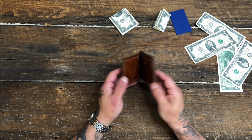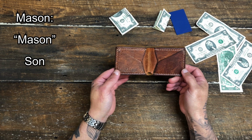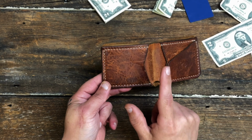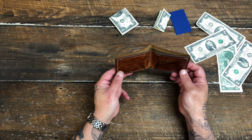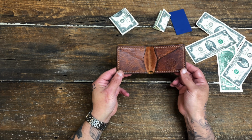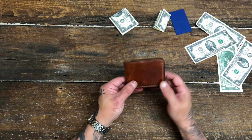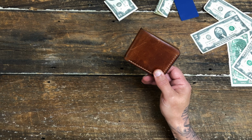The Mason wallet. This is named after my son. This was the very, very first one. The second one, I have an ID window here that went to Mason, and he sort of lost it. I did a video about that, but this was the very, very first one. The second one is gone. Then, as a result of him losing that,